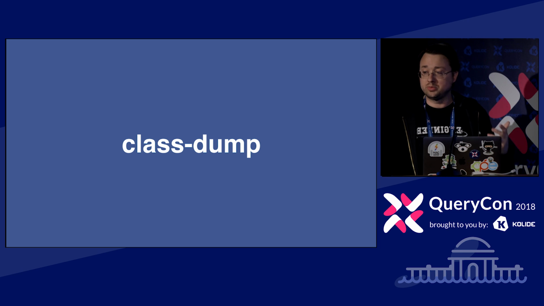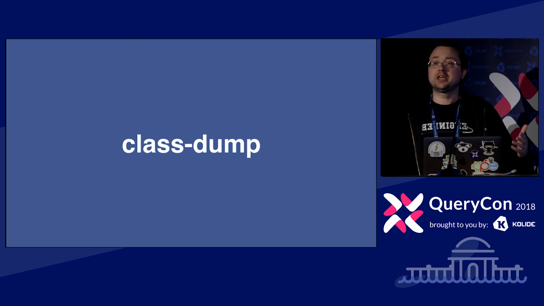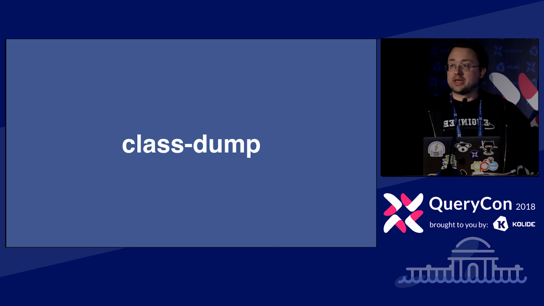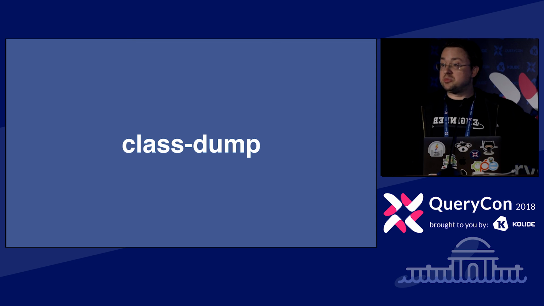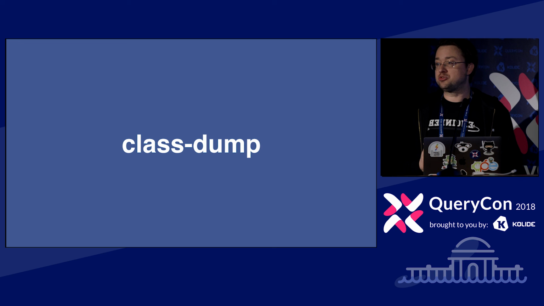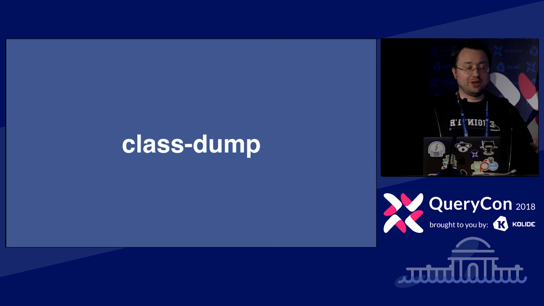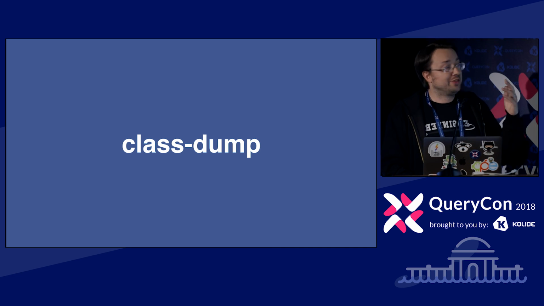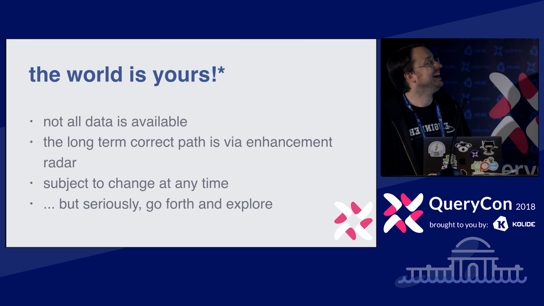This is the type of thing that you probably want to do after you've filed that radar, so that you can then come back to Apple afterwards and prove your case, like data wins arguments, right? Go forward, don't be blocked, don't wait on Apple for this. See if you can figure it out for yourself, and then come back to them and say, see, I got all this derived value out of this, and I need you to do this in an official way, because as much fun as I enjoy doing this kind of thing, as much as I'm trying to show other people how to do this kind of thing, the world is totally yours when you're doing this thing, but